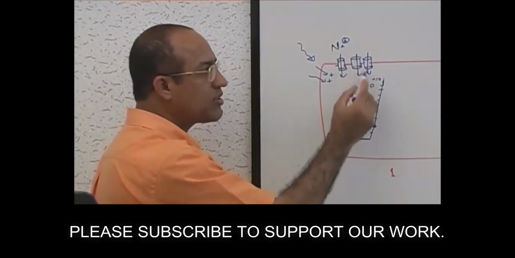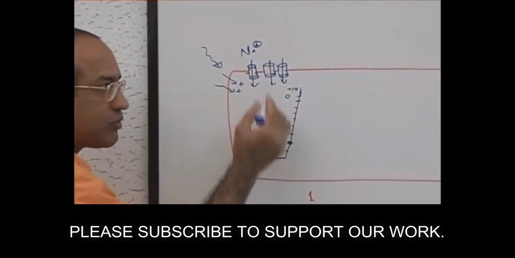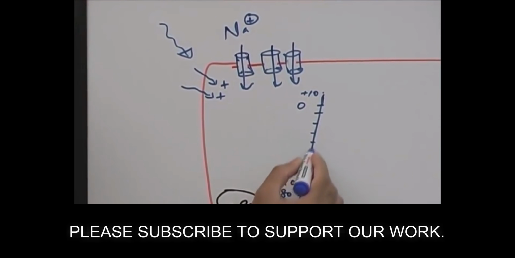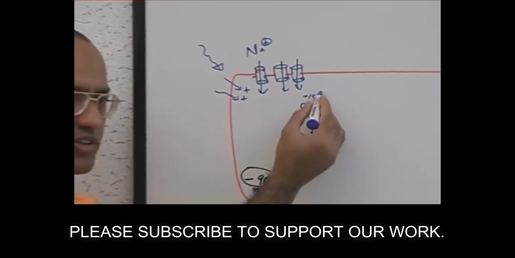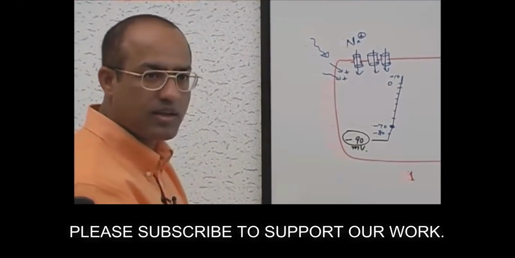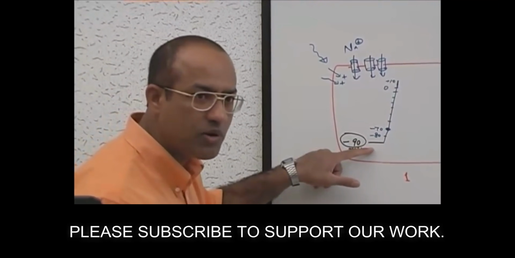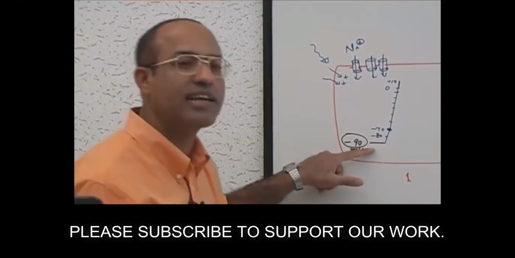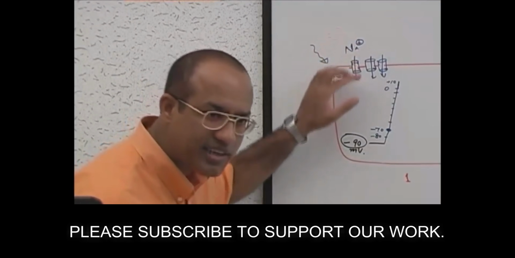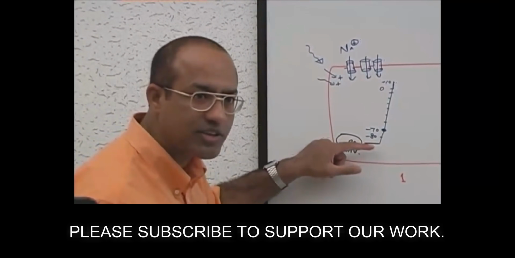So what has happened? Once the voltage gated sodium channels open, a lot of sodium comes in, and this movement of sodium inside neutralizes the resting membrane potential and takes it towards electropositivity. And we say the membrane, which was previously negatively polarized, has lost its negative polarity. What has happened? On appropriate stimulation, a lot of cations came in, and these incoming cations neutralize the electronegativity of the membrane.